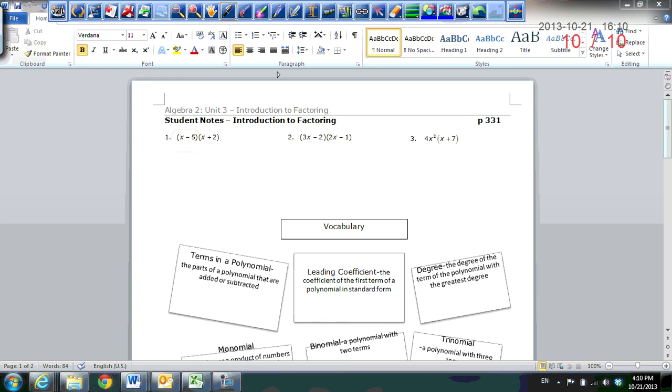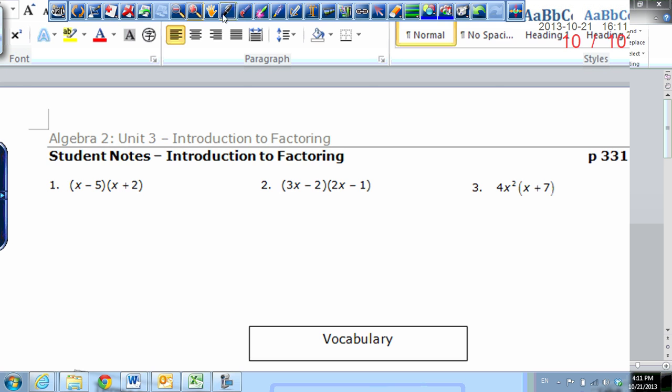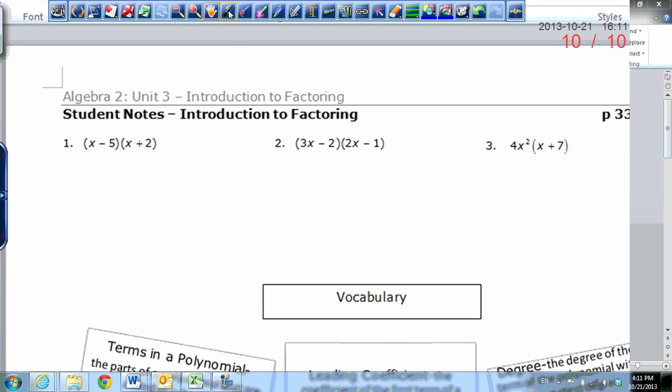Let's do some factoring. First thing is just an intro to factoring. We're actually going to do factoring is multiplying backwards. Not necessarily division, but pulling something or some things out that are in common. So the first thing we're going to do is we're actually going to multiply, and then we'll get to factoring